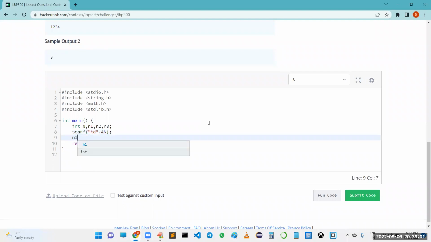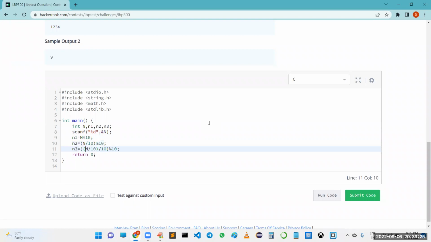Then, sir, we need to calculate N1, which is nothing but capital N percentage 10. I need to calculate N2, where capital N divided by 10, and then percentage 10 I will get. Sir, N3 is equal to capital N divided by 10, again divided by 10, and percentage 10 is nothing but the N3 value.